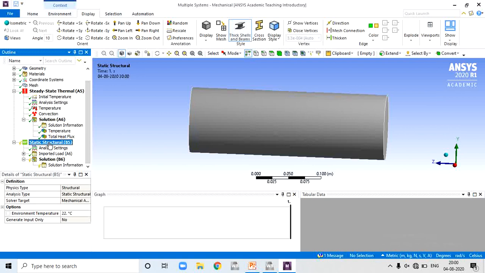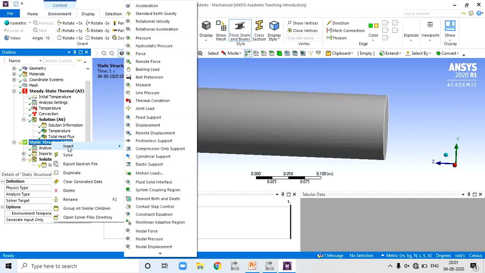Then for structural analysis settings, import load, so we have already applied temperature 999. In this way, structural by default takes the imported load, temperature, that is, the software considers the thermal load at the right hand end. Then for the second condition, we need to right click on static structural and insert a fixed support.